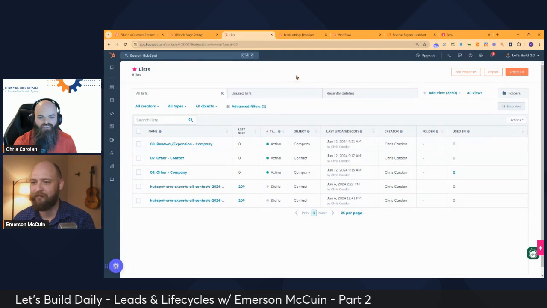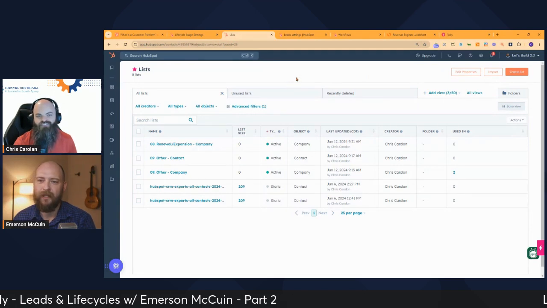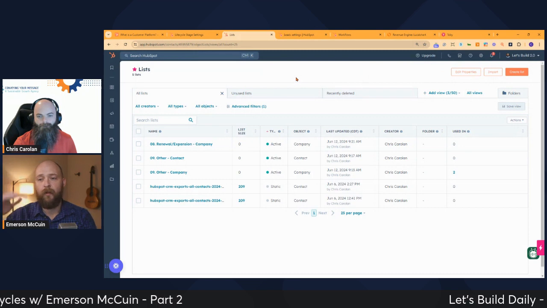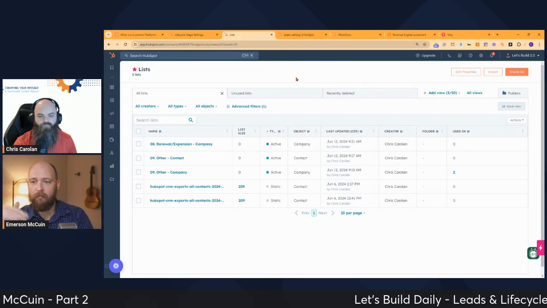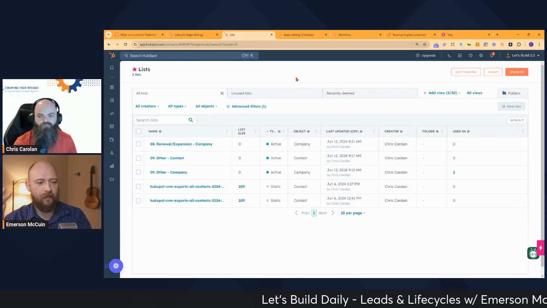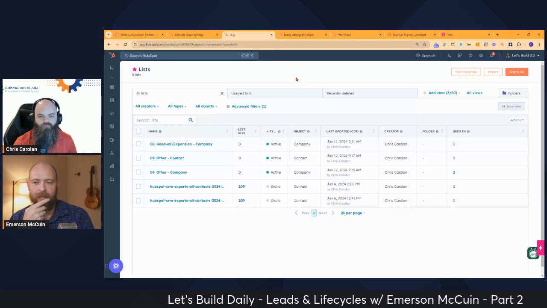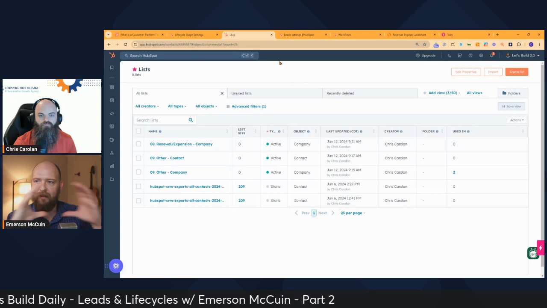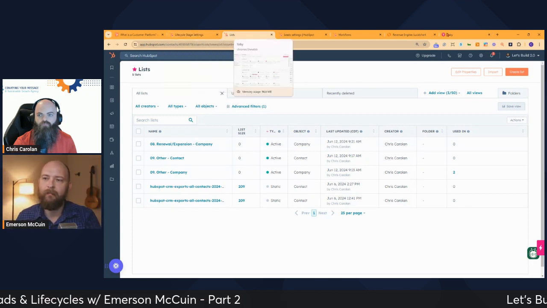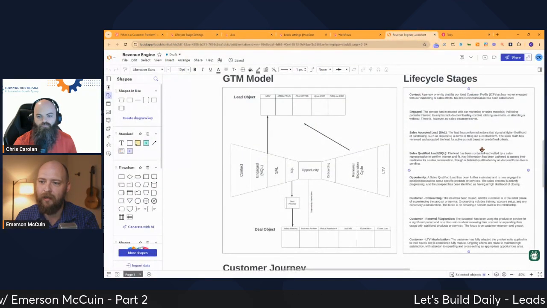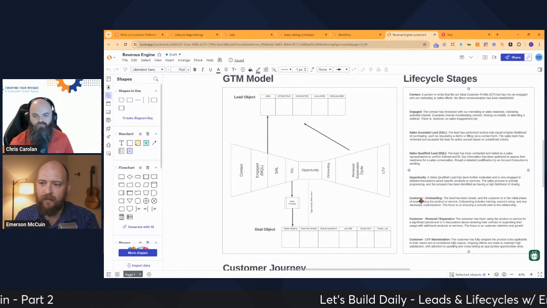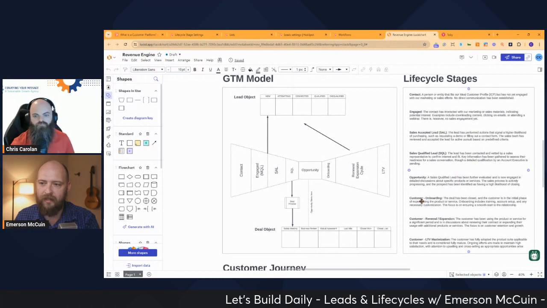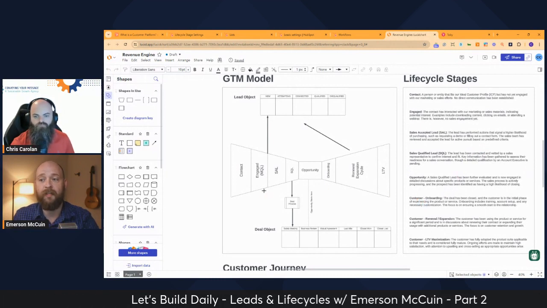Okay, where are we off to next? After you've built all of these lifecycle stage lists, we don't have to go through every single one. If we can go back to the lifecycle go-to-market model, I can map out how we do it. The change in lifecycle for us is contact to MQL, which is based off lead scoring.